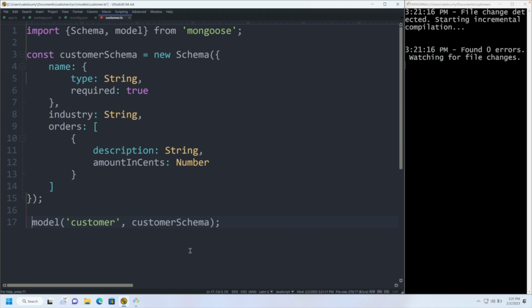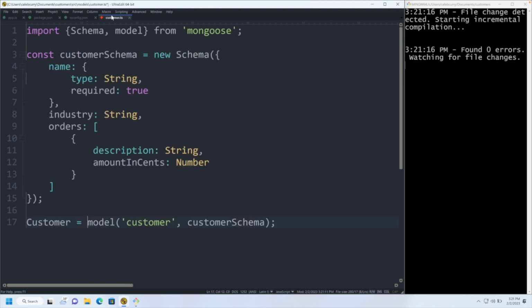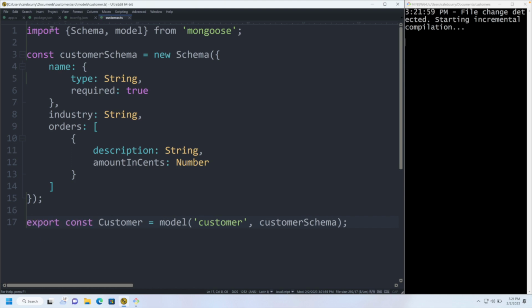If we wanted to identify this, we would most likely call it customer. And that's exactly what we were doing originally. If you take a look back at app.ts, we were importing what was being exported from that file as customer. So this is the same concept, but now we can just say const customer and export this. So we are now using the import and export statements, which in my opinion are much cleaner